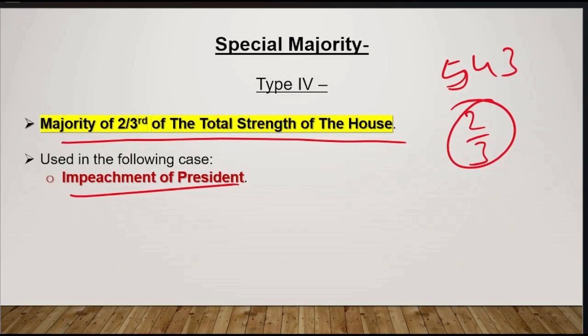So firstly we are having the simple majority, যেখানে বলছে members, majority of the members present in the house and voting. সেকেন্ড হচ্ছে অ্যাবসলিউট মেজরিটি, যেখানে বলছে majority of the members in the house. Okay, and thirdly effective majority. Effective majority টা বলছে majority of the effective strength of the members. এবার এই effective strength টা হলো total strength of the house minus vacancies in the house. বোঝা গেল? And then we are having these 4 types of special majorities.